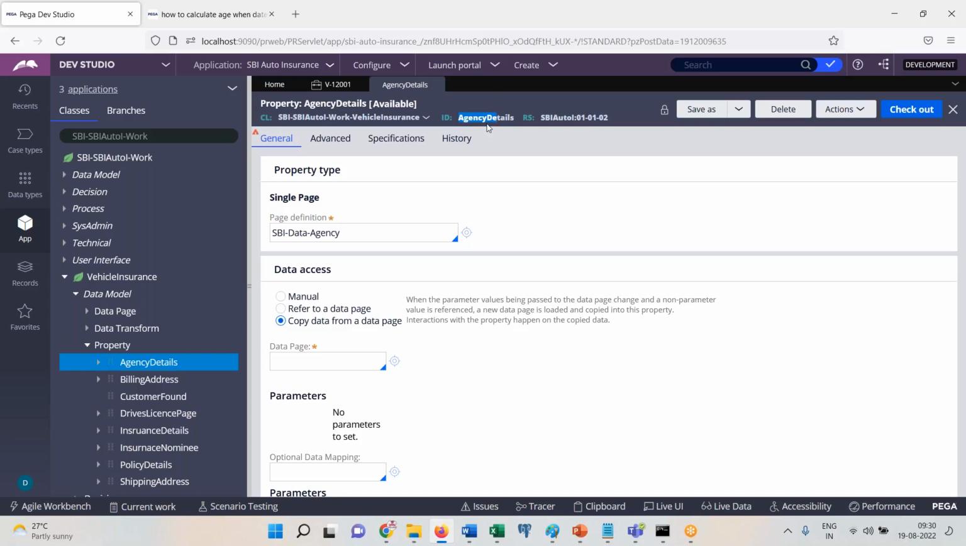Whenever you are using agency code in the agency details page related property in the UI, it will automatically look at the clipboard to see whether the data page is already there or not. If the data page is there, it will copy. Otherwise, it will load the data page and again take the data from the data page onto the agency details page. This is one thing. Refer to data page means